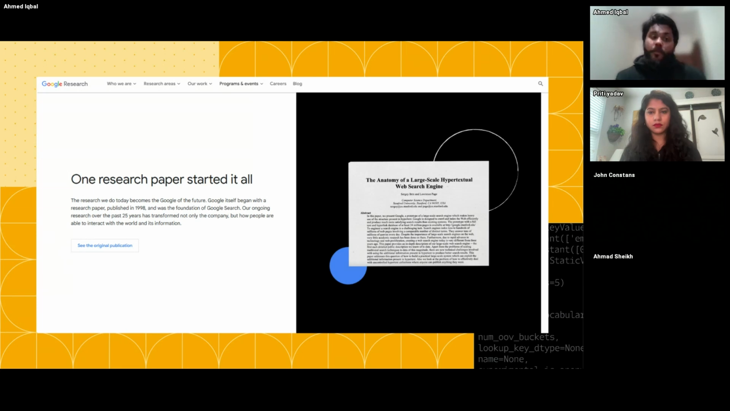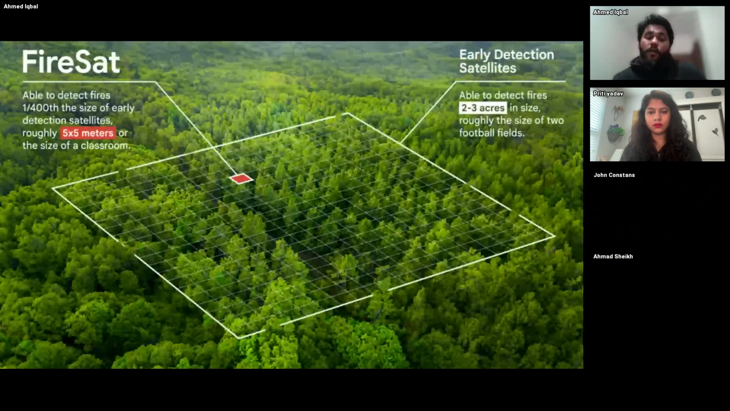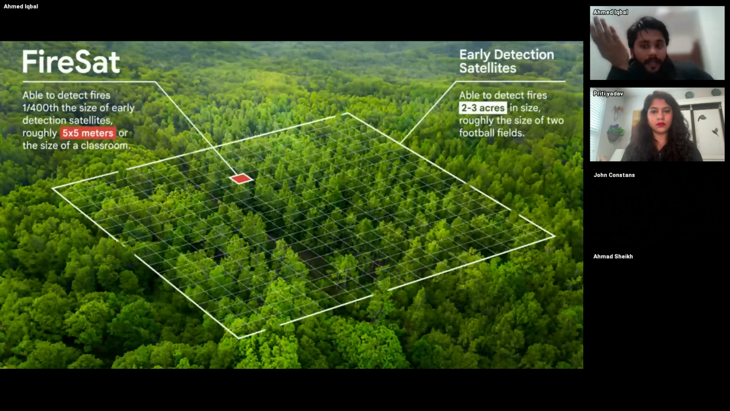I'd like to also share another Google research project that is going on right now, which is very relevant to something that has happened. We've seen different wildfires spread across the California region, and Google is working on something called FireSat,